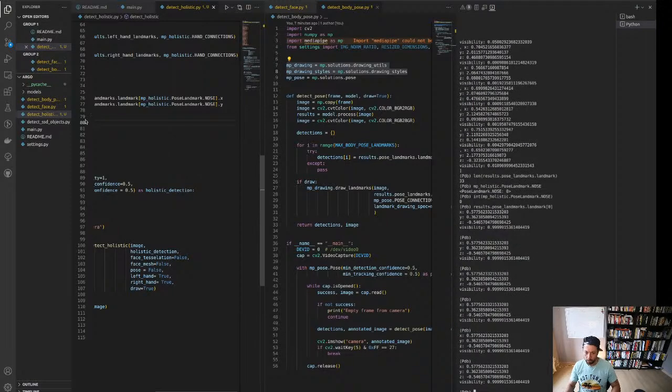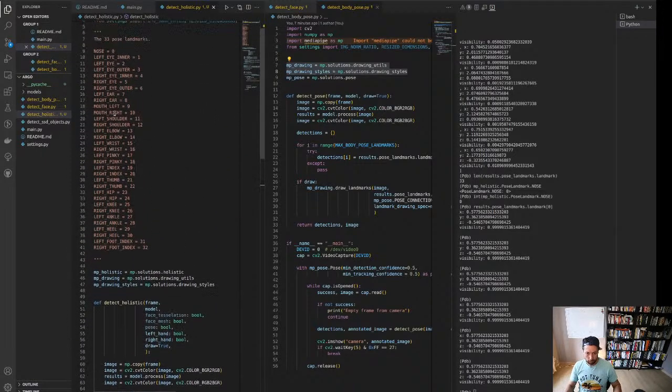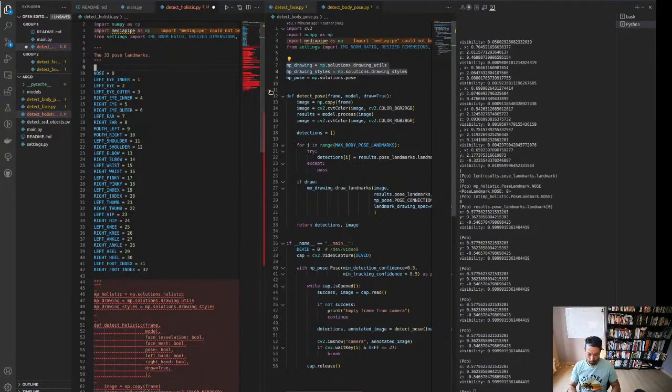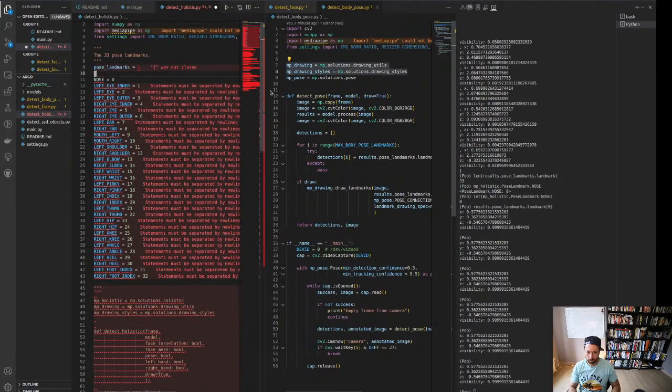Okay, so we can be smart with this, because we can say, let's do this. Okay, pose landmarks. It's a dictionary, no? In which we say